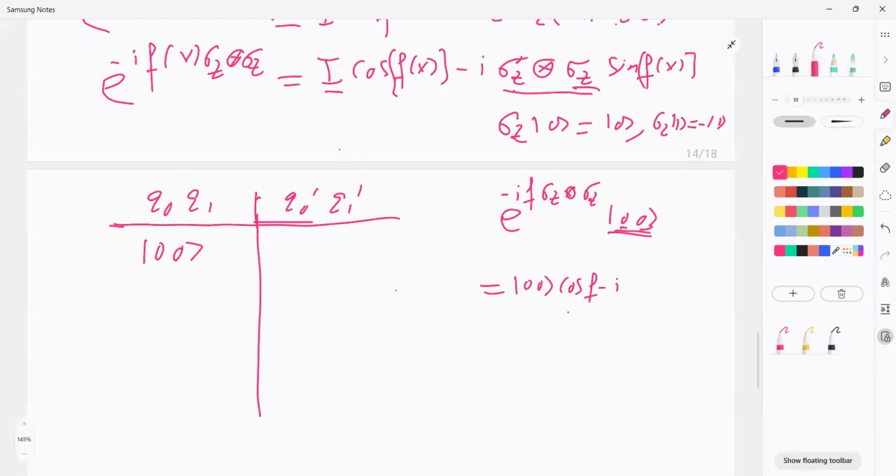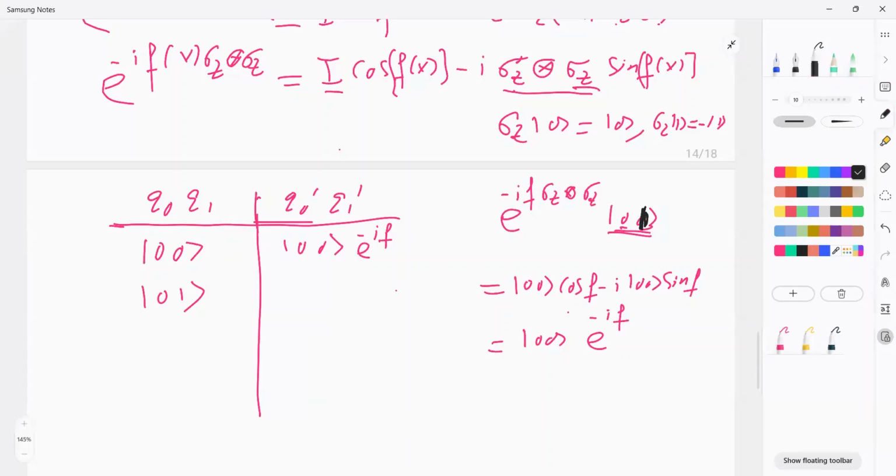So I get minus i, 0 0 sine f, and we can take this 0 0 common and it becomes minus iota f. So for this, the output is just a scalar multiple, exponential minus iota f. And if the input is 0 1, if 0 1 is coming here, so let's say